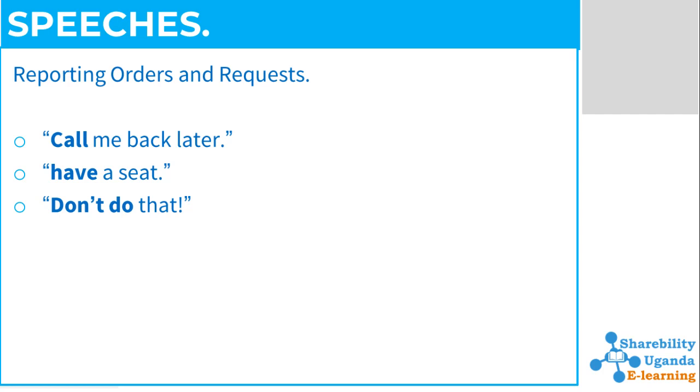When you give someone an order, you use the imperative form, which means using just the verb without a subject, like in the examples on the screen. However, to report an order, we use tell and the infinitive of the verb. For example,